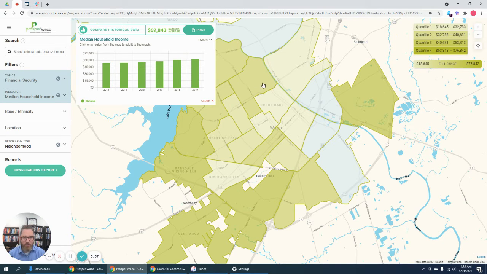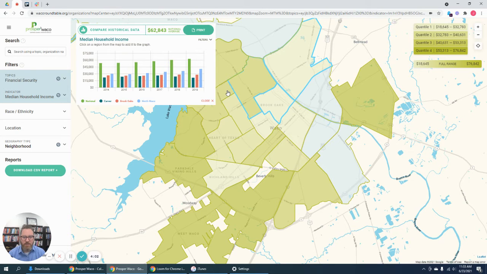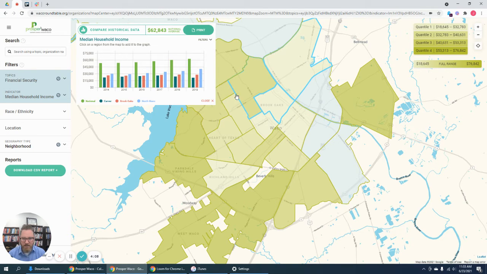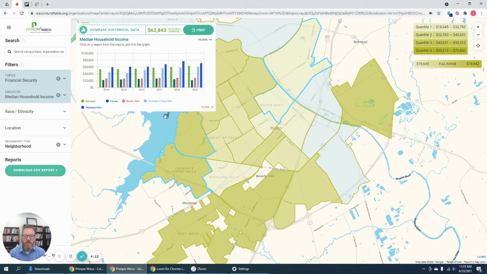So what I'm going to do is click on a few of these neighborhoods, and you can see they show up right here, don't they? I can unclick them if I change my mind. Maybe I want to go down here. So I see here that I can compare this national average to these neighborhoods: Carver, Brook Oaks, Parkdale, Viking